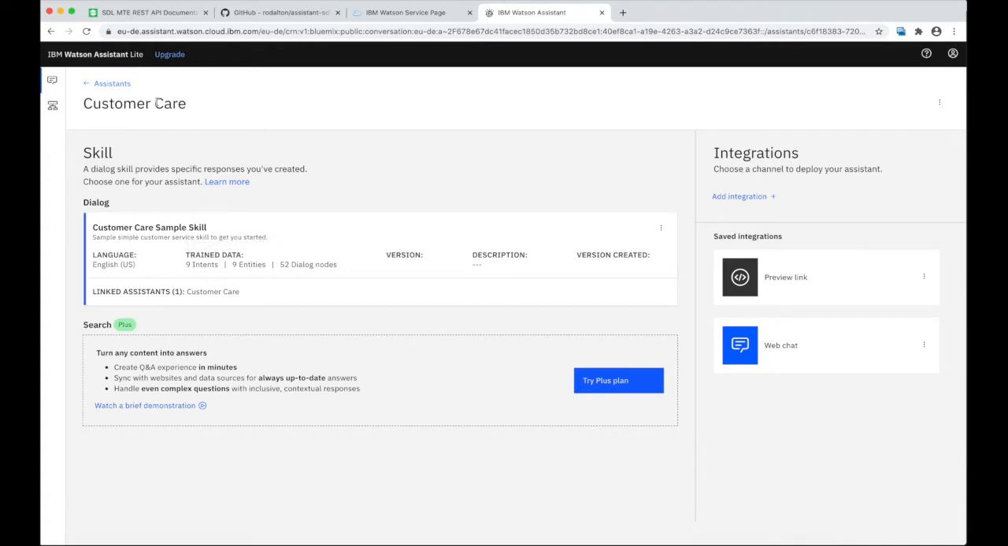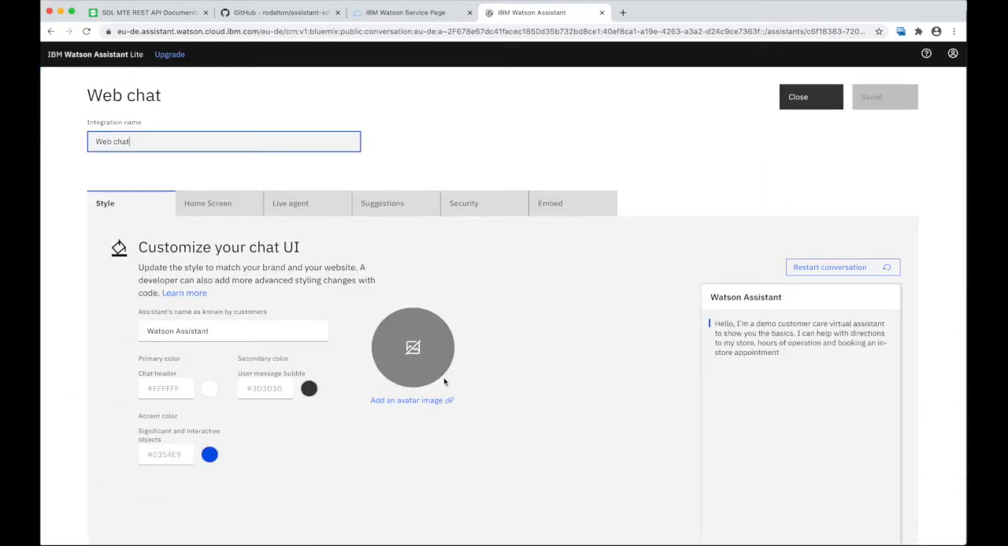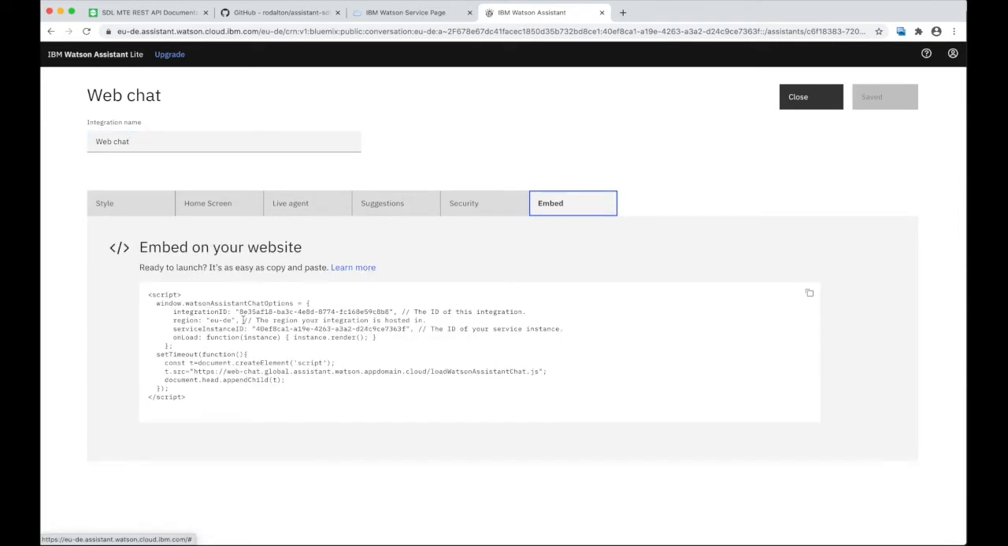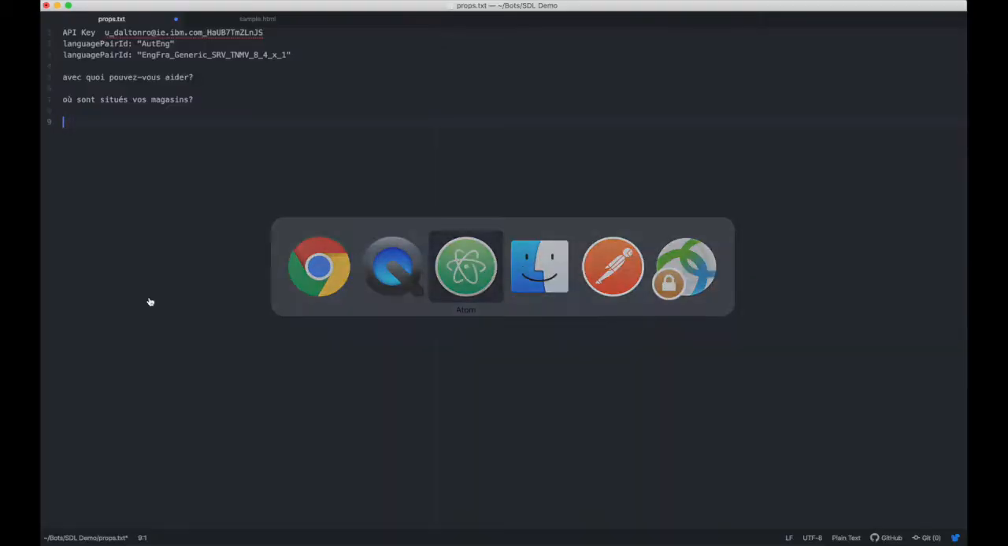And I've enabled the assistant to use the web chat integration here. So if I click into that, let's take a look at the embed tab. With the web chat integration, we get the option to, with this script, easily launch a user interface that allows us to interact with Watson Assistant really easily. So to see how that works, if I were to copy this script here